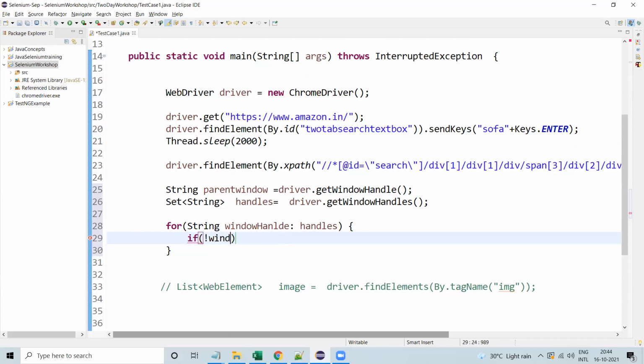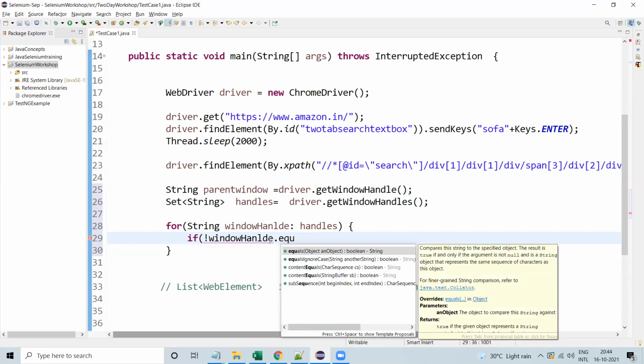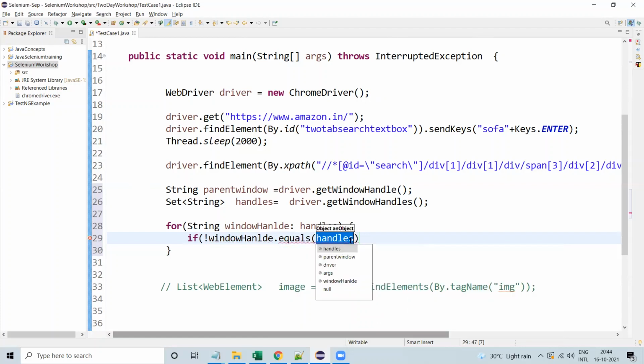I will complete the script and then explain. If not windowHandle.equals, I need to pass parentWindow over here.